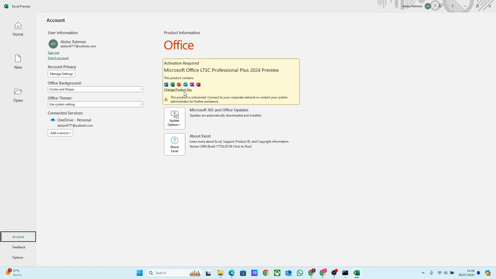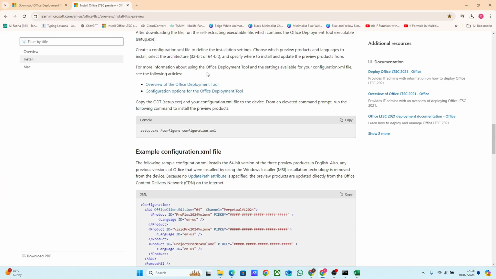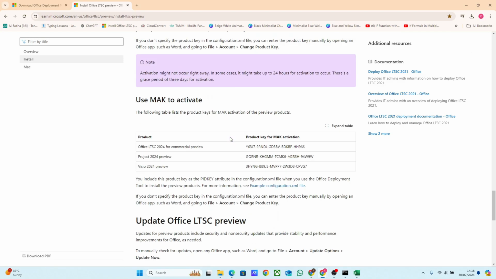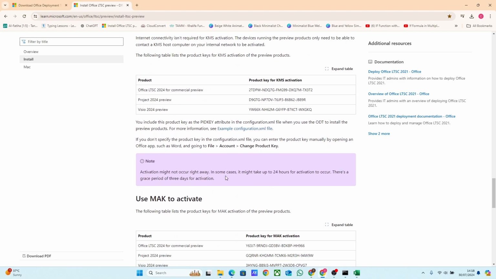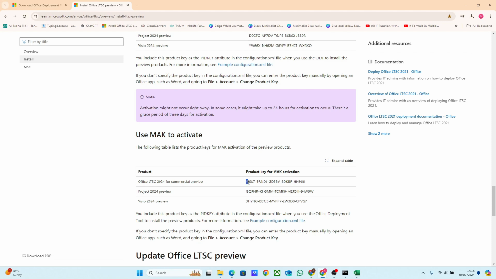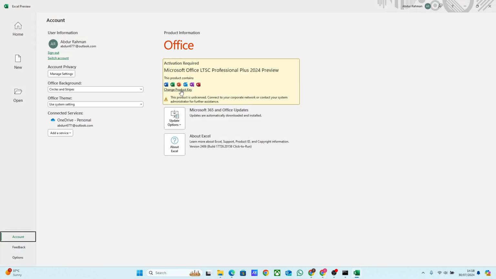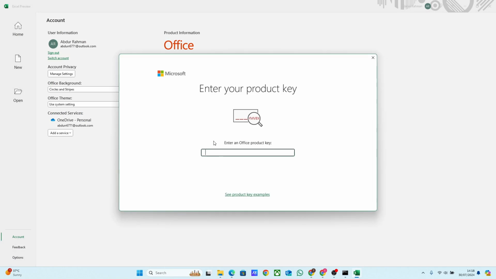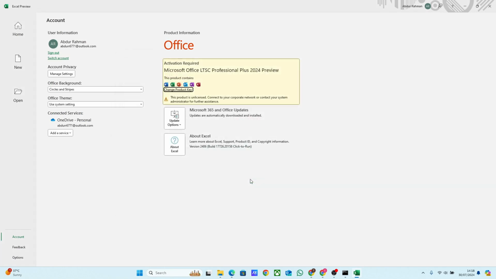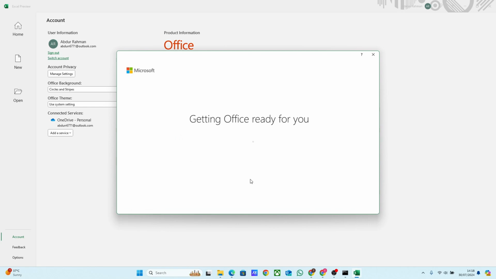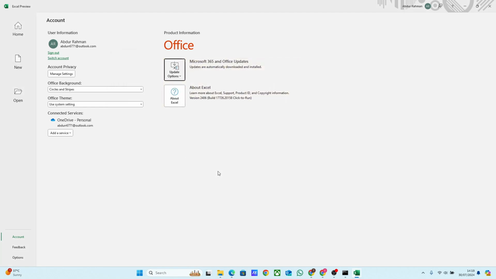So we'll go to our browser again. From here we'll go down. Second one. Here we'll copy this code. We'll go to the Excel file. Click change product key. Here we'll paste it and then activate Office. Getting Office ready, and now you can see our product is activated. We can use